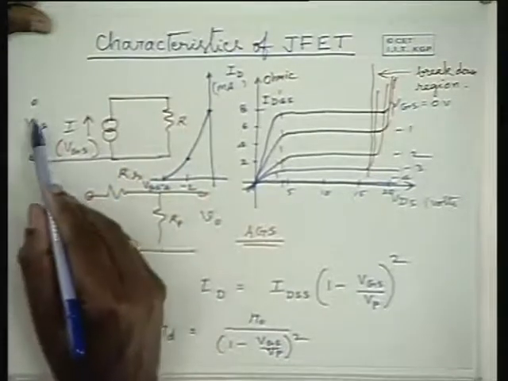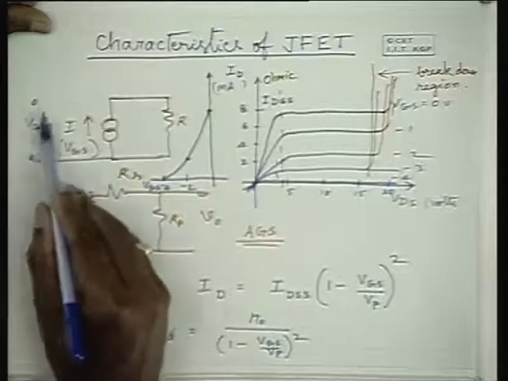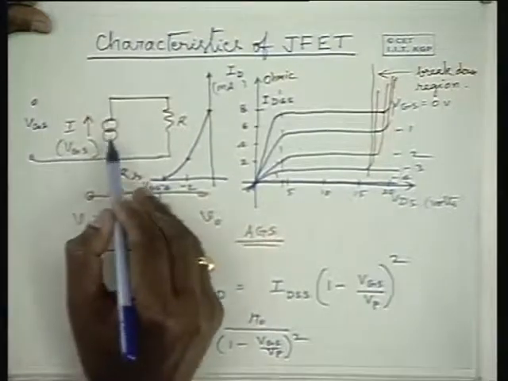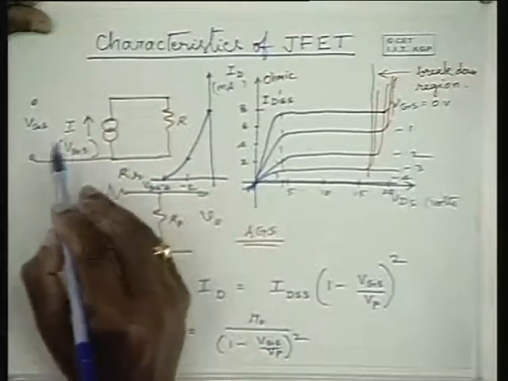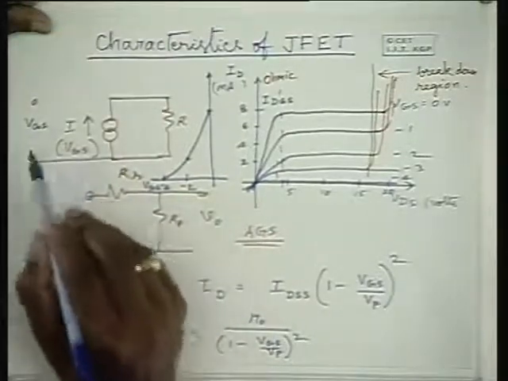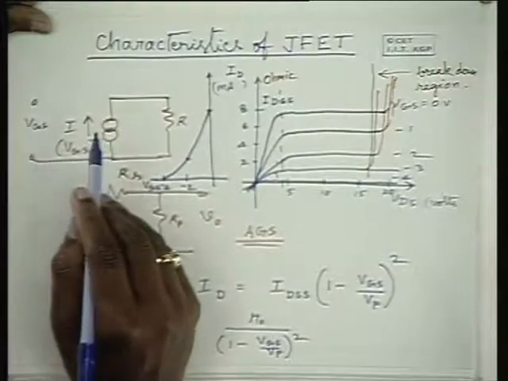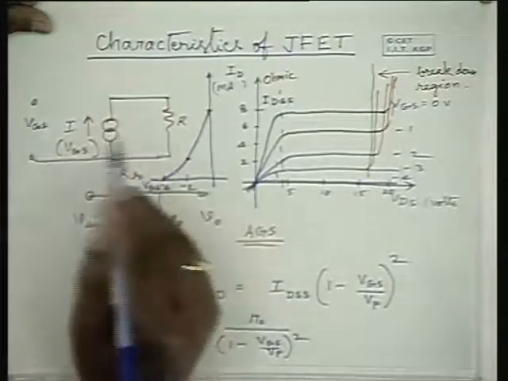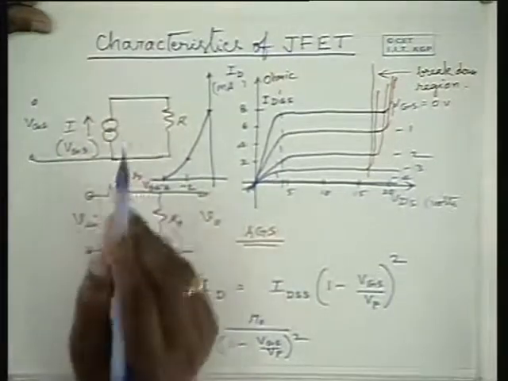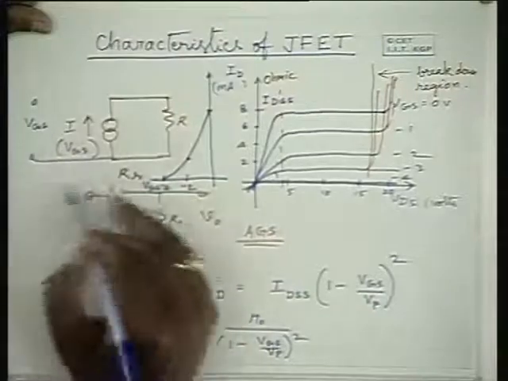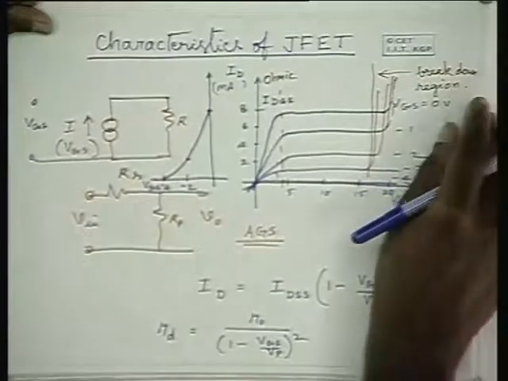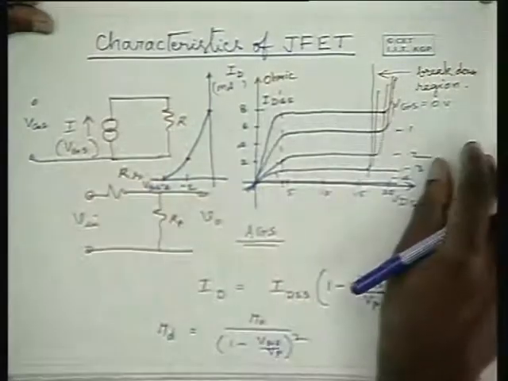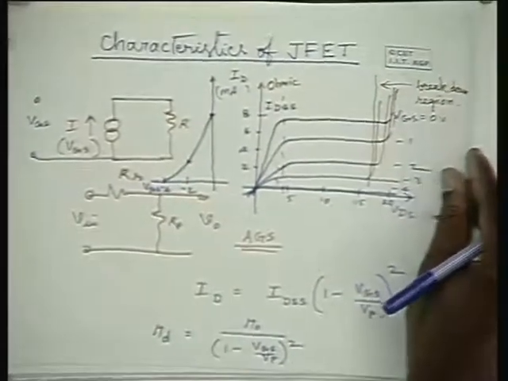Hence, it acts like a very high impedance or open circuit at the input side, and on the output side it acts like a current source whose current value is proportional to the gate to source potential. In fact, this is what the equivalent circuit of a FET looks like, almost, except for the channel resistance. This is how it looks. I will discuss further about it later on.